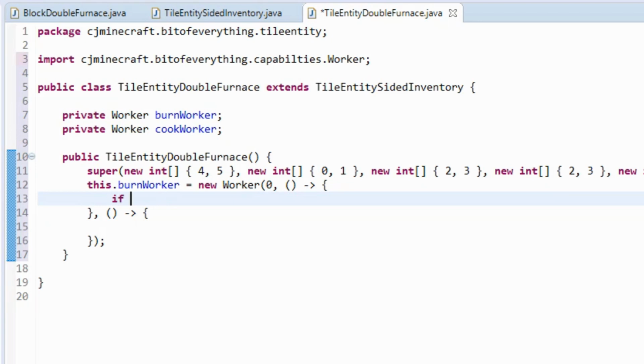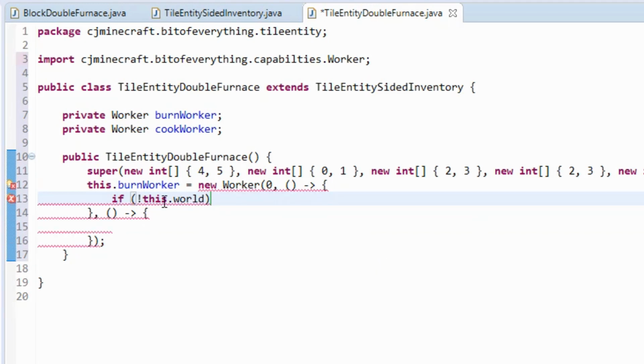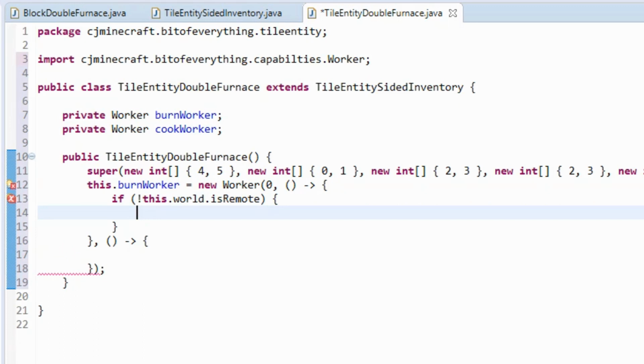So that's just going to be an if, and we're first going to check whether we are on the server side. So it's not this.world.isRemote. That will basically check if it is remote, we're on the client side. If it's not remote, we're on the server side. We want to be on the server side. We're going to check if this.cookWorker